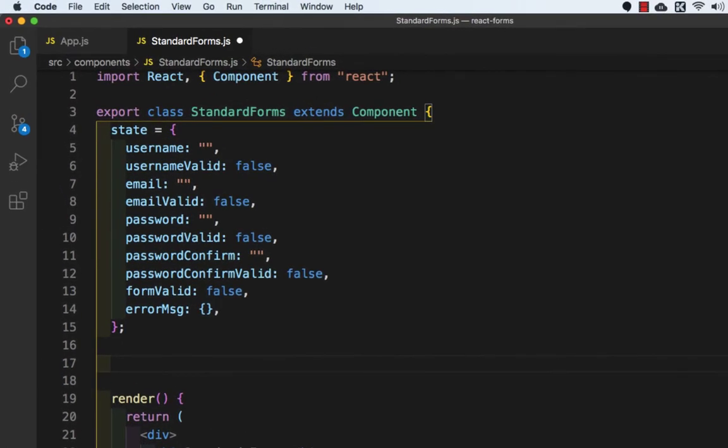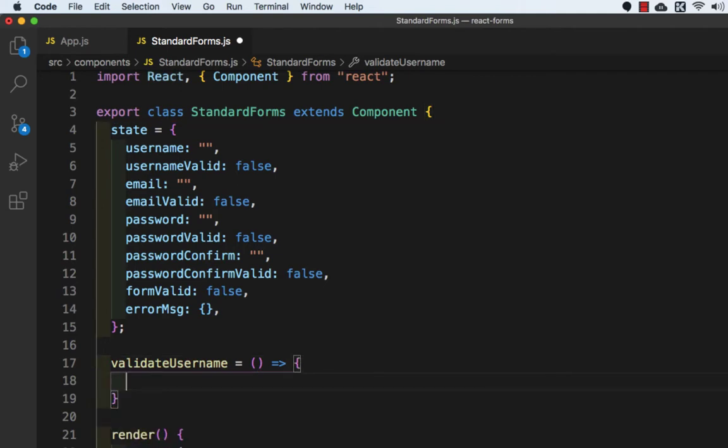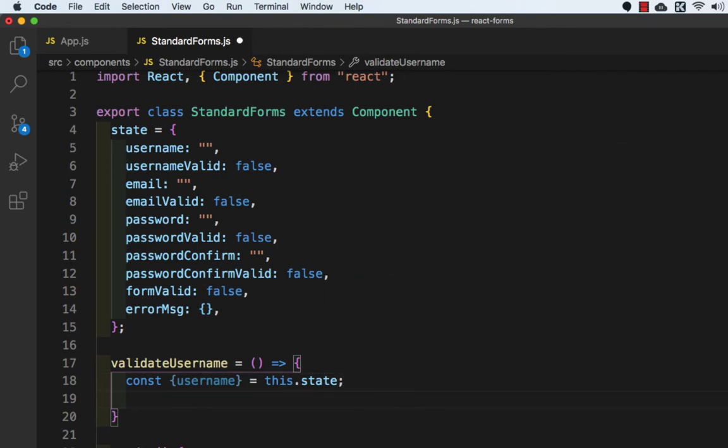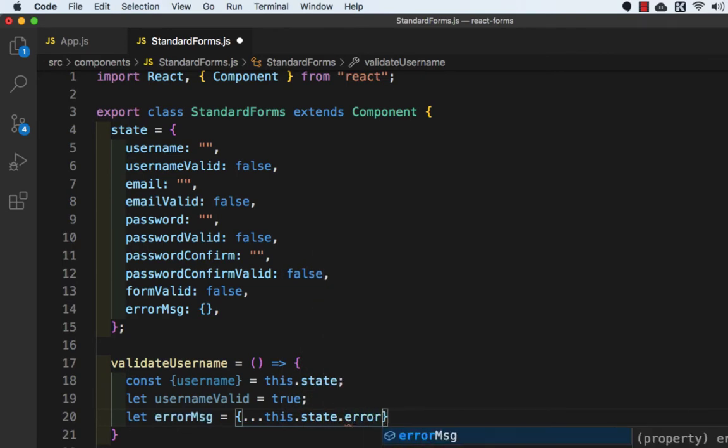So first validation is to validate the username. Here we will write validateUsername equals to an arrow function. And here we will extract the username from state. So const username equals to this.state. And we will create a let variable with the name usernameValid equals to true, and then we will create a variable for errorMessage, which is equal to, and we will use spread operator, so ...this.state.errorMessage,